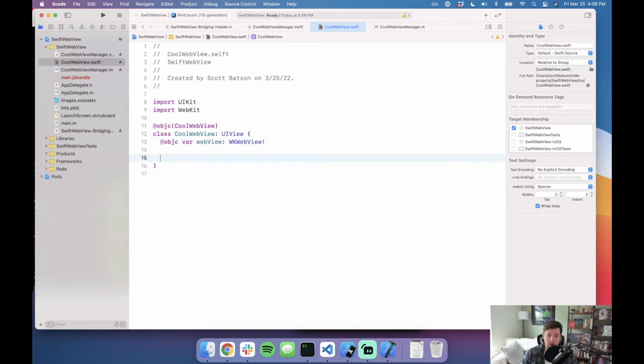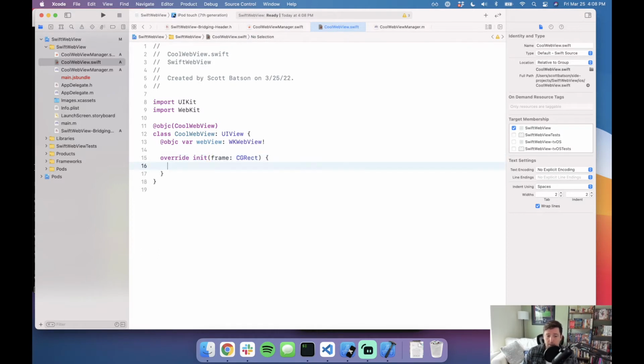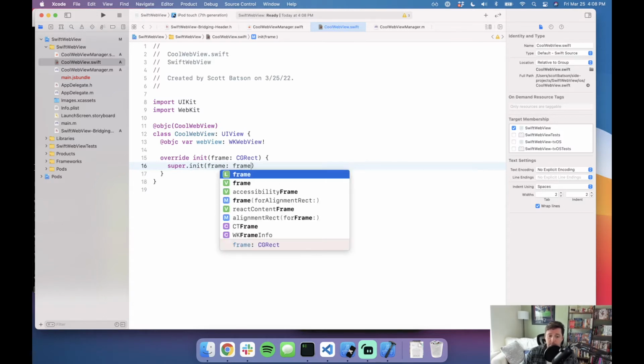All right, so right now it's just a web view, right? It doesn't actually do anything or accept anything, and we actually need to create the instance of this web view, right? We're just importing the class right now, but we're going to override our init method here. We're going to give it a particular frame because we want it to take up a certain amount of space on our screen. So super.init, and we're going to pass it the frame